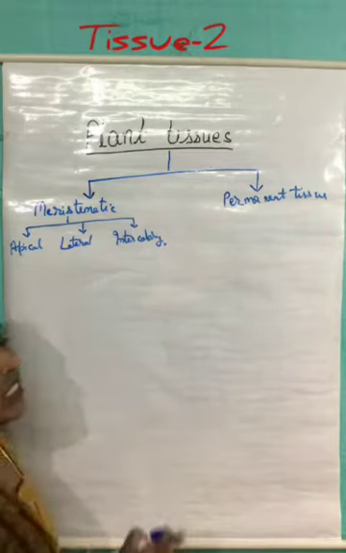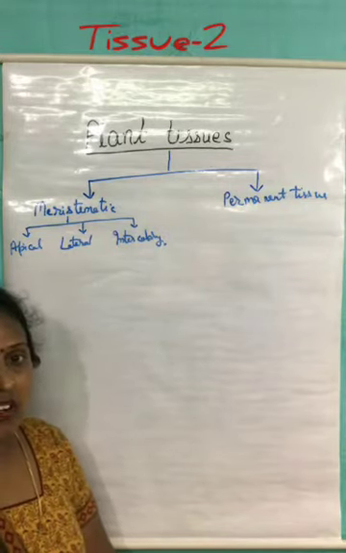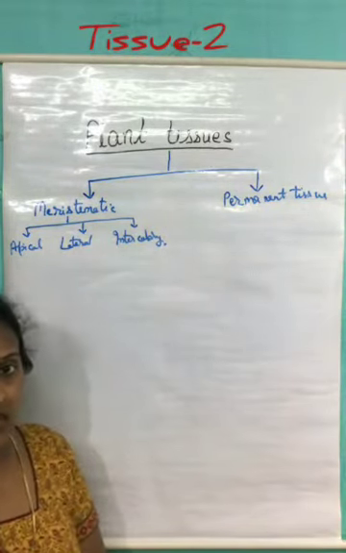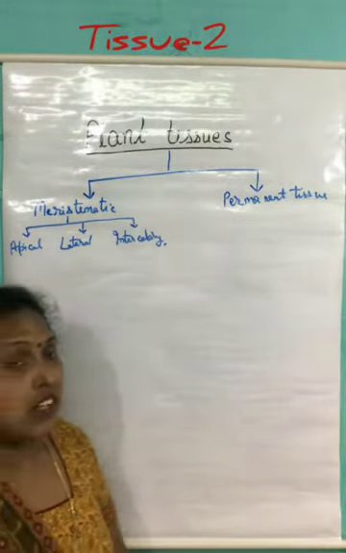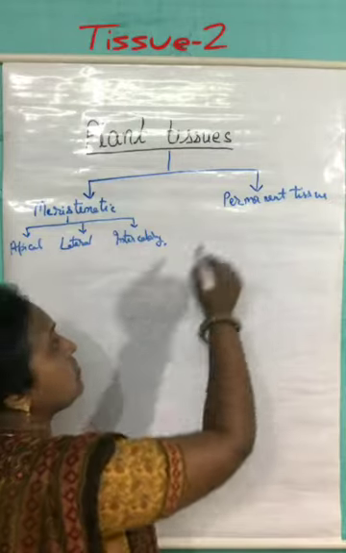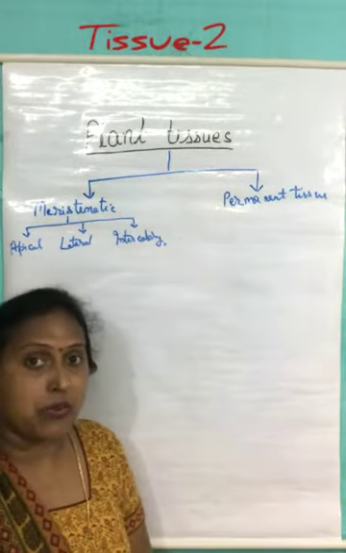The classification here is done on the basis of their location and function, which we completed in the last video. Today we will discuss the second type of plant tissues, which is known as